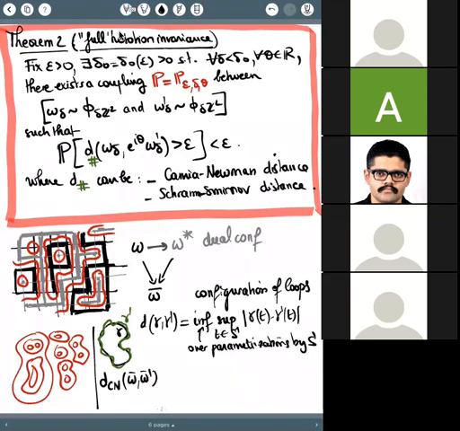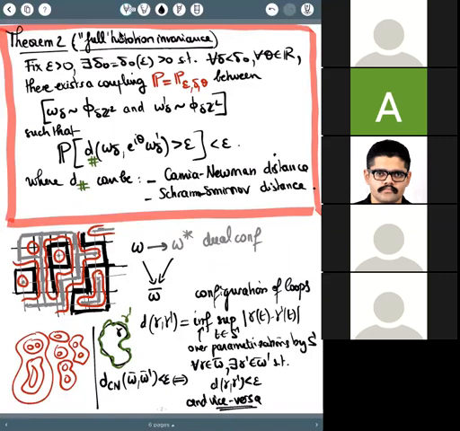So I think of the Camia-Newman distance between omega and omega prime, when seen as a collection, it's smaller than epsilon only if for every gamma in omega bar, there exists gamma prime in omega bar prime such that the distance between gamma and gamma prime is smaller than epsilon, and vice versa, meaning for any gamma prime in omega bar prime, there exists a gamma in omega bar such that the distance between gamma and gamma prime is smaller than epsilon. It's to have the symmetry of the distance that you do this.